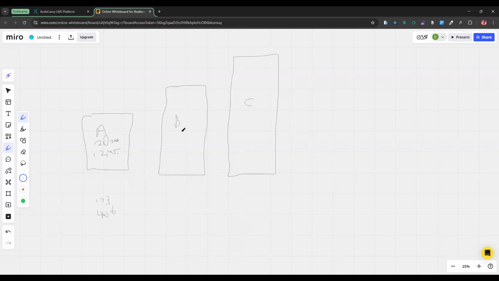Then the size of B can hold what? 3 digits, right? Sorry about the writings. Then the size of variable C can hold what? 4 digits. So that variable range size is saying,